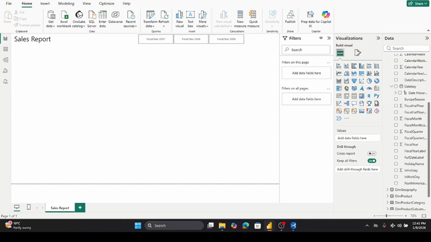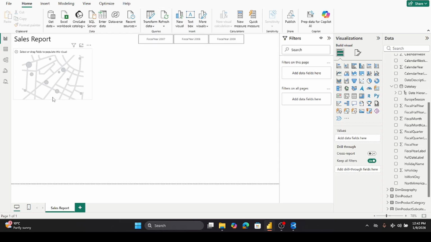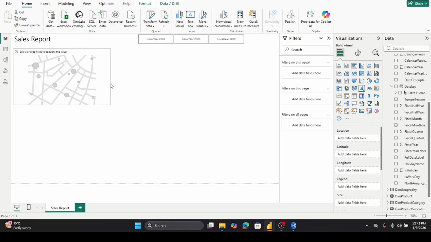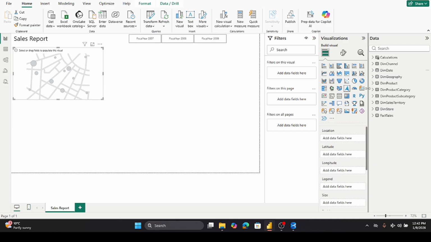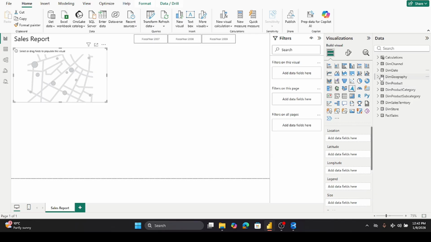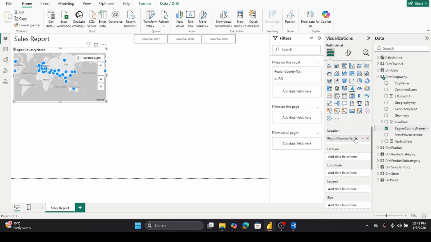So here we will use the chart, sorry, the map, and in the map we will use region country name, that will be in the geography, region, in the country name, in the location, and